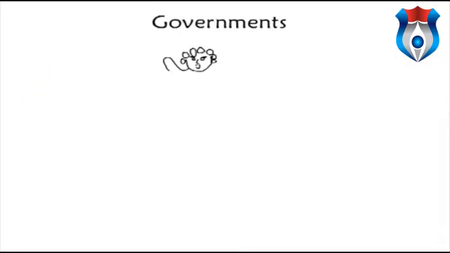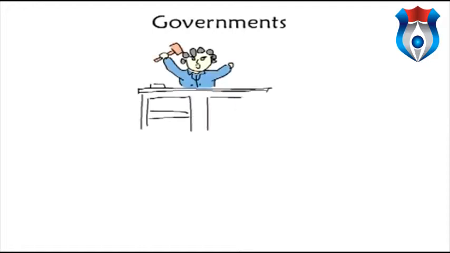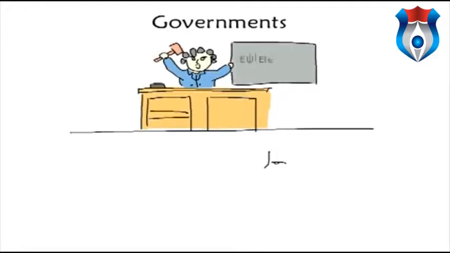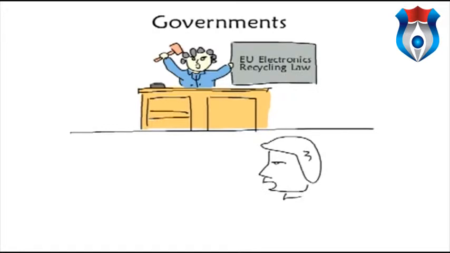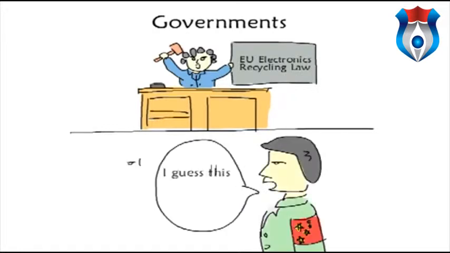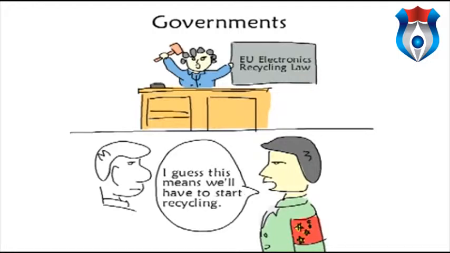First, the governments are still pushing companies, and the regulations keep getting stricter, even for companies that moved all their factories overseas. When European regulations required electronics companies to recycle their products when people finish with them, that affected every company that wants to sell in the EU, even if they're from China or America.